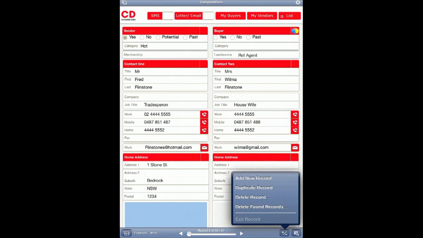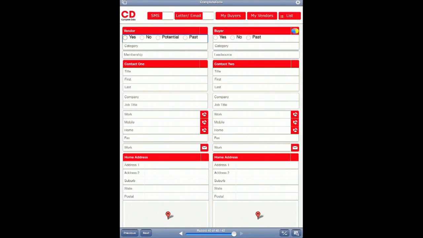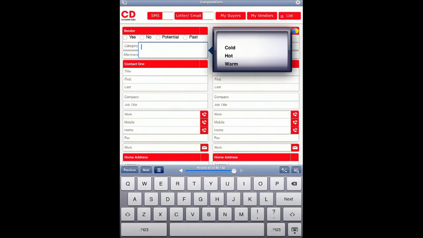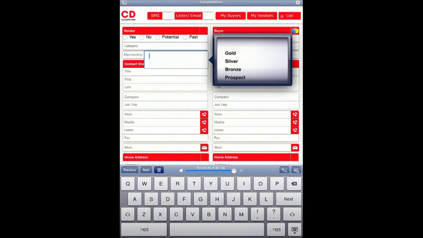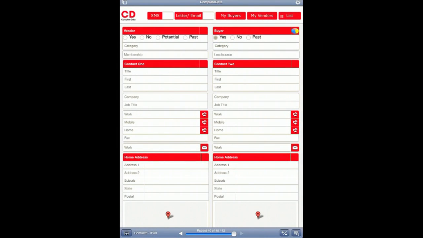So from here down the bottom we have our plus or minus, and we have the ability to add a new record from here. So we can select new record and it automatically brings us up to the vendor icon. Down the bottom left hand corner we can see that we've got next, which will take us through to our next button. If we want to type information in here, we can enter in their information. Seeing as they're not a vendor yet, we'll just leave that information blank. They are a buyer, yes, so we can select buyer, yes,